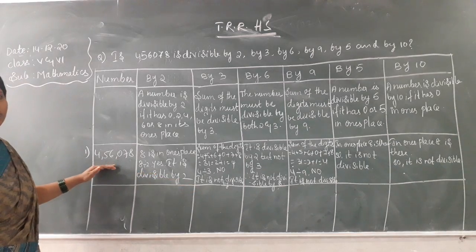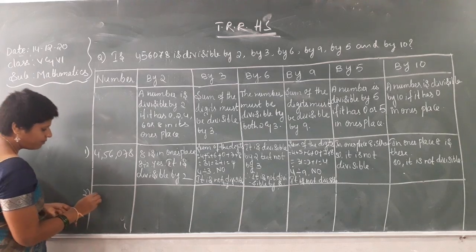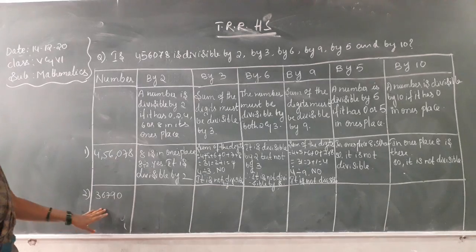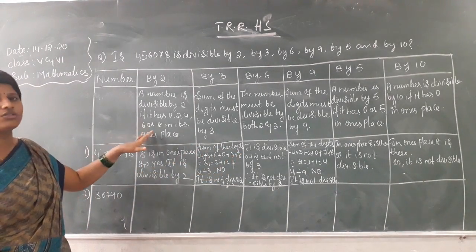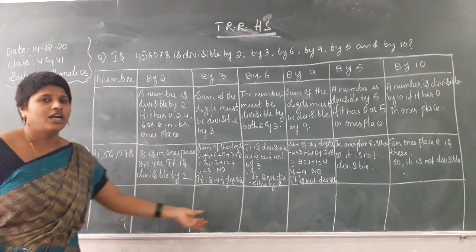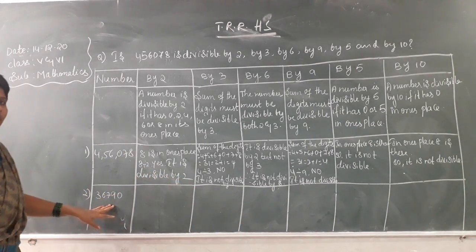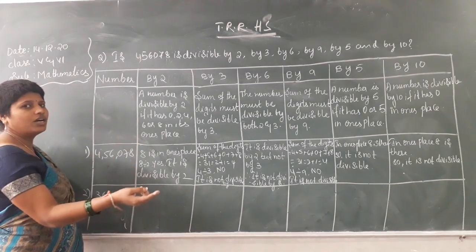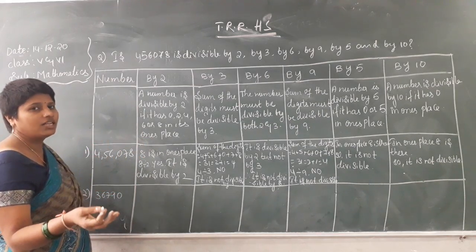Now after finishing this number, if I have given you one more number, here I will take one more number: 3, 6, 7, 9, 0, 8. I want to check whether it is divisible by all of these or not. Now I am not writing any rules, because I have already written the rules over here. By seeing the rules, you can continue writing your answers. Clear? Now you check whether it is divisible or not. When we take one more number, again you have to read it. If you go on reading like this, then you will be able to learn the divisibility rules.